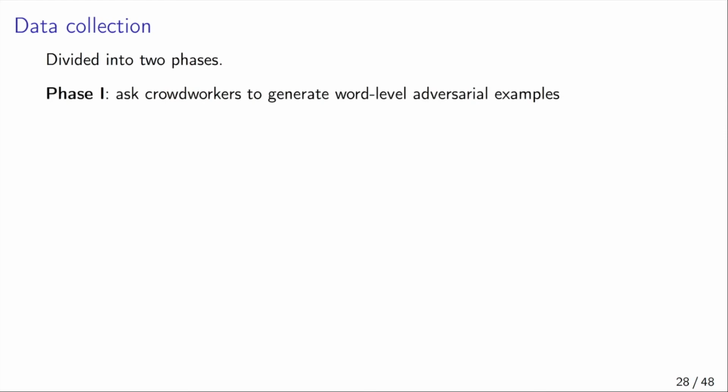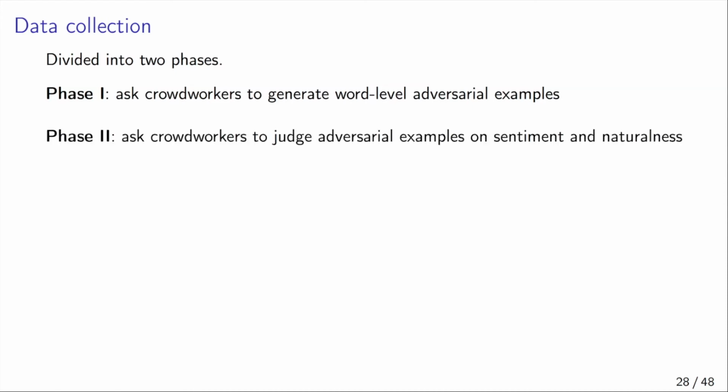In the first one, we asked crowd workers to generate word level adversarial examples, as I've shown before. And in the second one, we ask an independent set of crowd workers to judge those adversarial examples based on the sentiment and the naturalness. And this is sort of the validation phase in which we try to find out whether the adversarial examples generated by human beings actually satisfy the constraints that we asked them